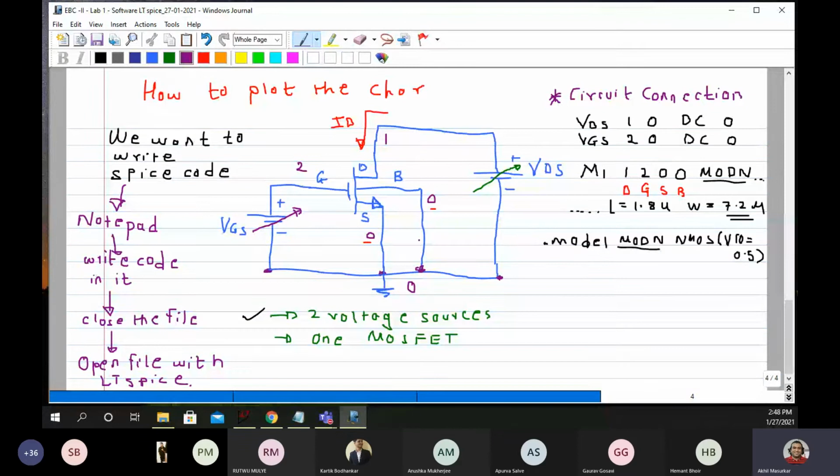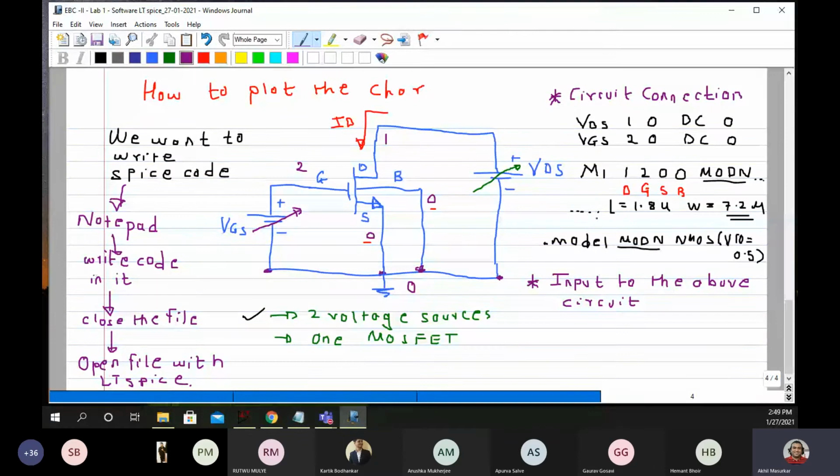Now here your circuit connection ends, but now you have to also give inputs. You have given VGS and VDS, but you have not specified how this VDS is changing. So now here you will write input to the above circuit.